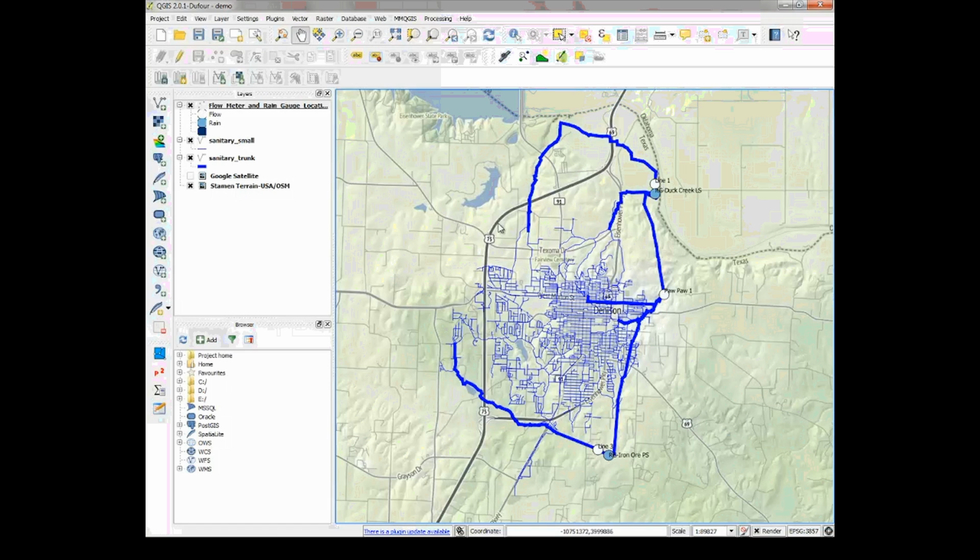Moisture conditions prior to the rainfall event, intensity of the rainfall. There are many things conspiring against the sanitary sewer modeler to make it quite difficult to calibrate and certainly difficult to project or extrapolate what might happen during a design storm. And again, the idea of the EPA SSOAP toolbox is really to help make it a little easier for the user. So if you'll bear in mind this Line 1 and Duck Creek,